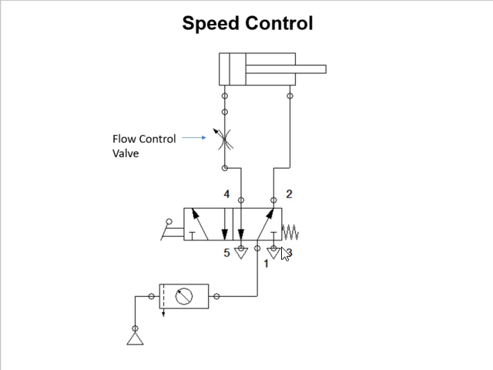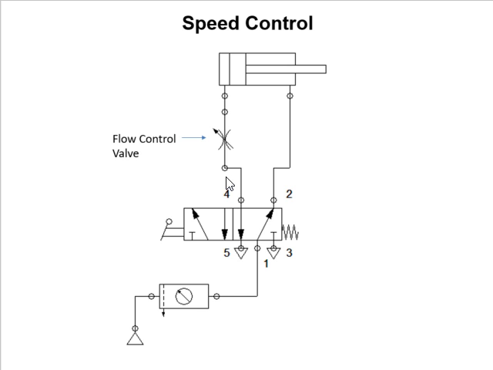And when we release the lever, due to its spring force, the DC valve will come to its home position. Then port number 1 will get connected to 2 and 4 will get connected to 5. Now at that time the fluid will enter from 1 to 2, then it will enter the rod end side of the actuator, and the air which is present on the cap end side will come out and again pass through this flow control valve.